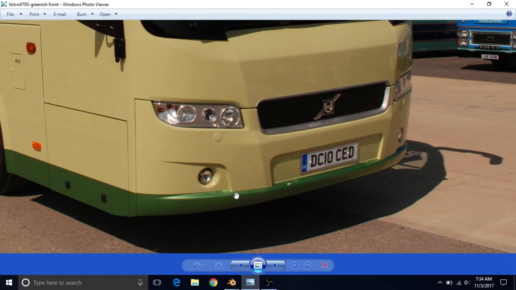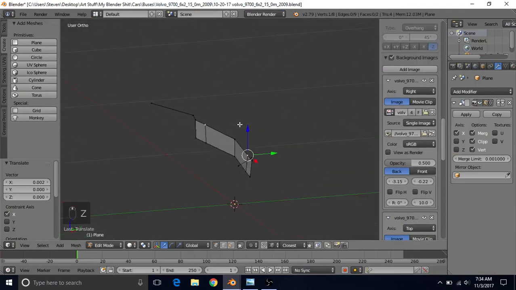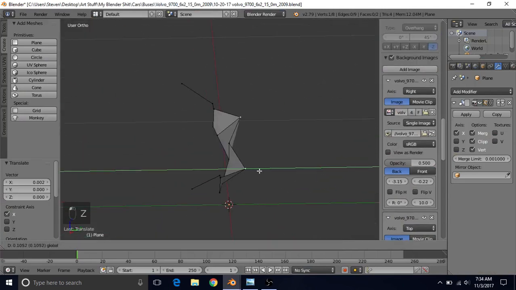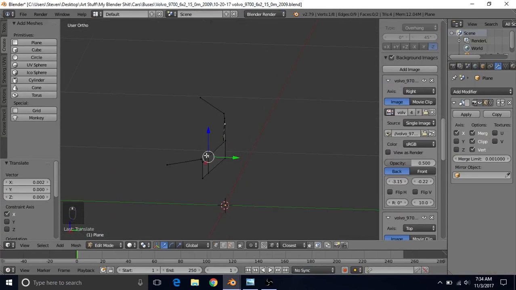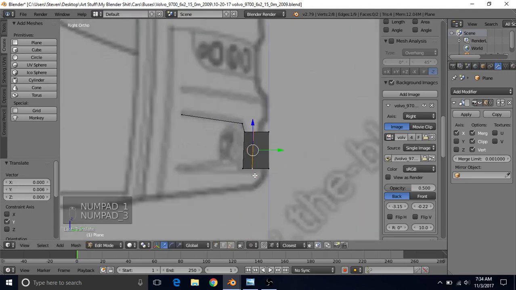This part of the car, or the bus, I guess I should say, looks like it goes out a bit further, you know, I mean in like this direction. So it looks like we need to select this one and this one, and then bring it out a little bit further. So maybe if we go to side view,